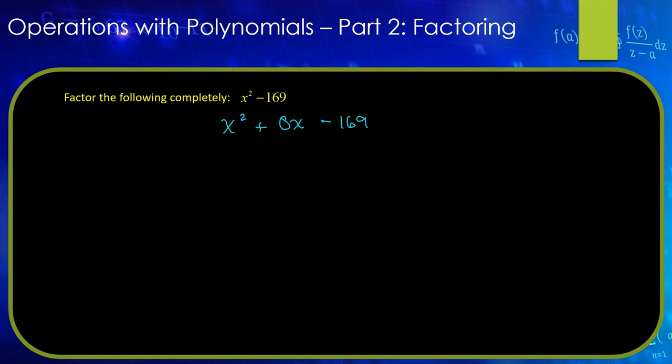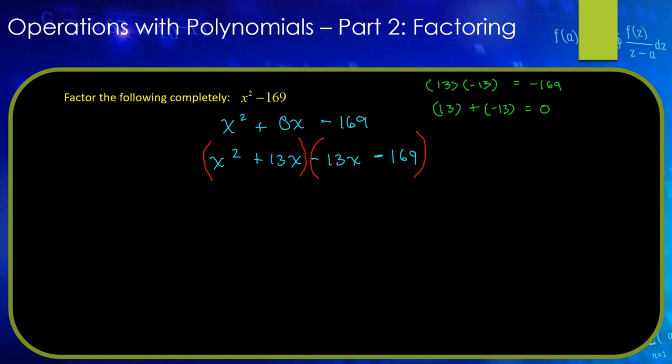So, still having a 1 in front of the x squared, I want two numbers that multiply and give me negative 169, but when I add them together, give me nothing. Well, 13 and negative 13 satisfy those conditions. They multiply and give me negative 169. They add together and give me 0. So those are the two numbers I want to split the middle term into. So I'm going to have x squared plus 13x minus 13x minus 169,